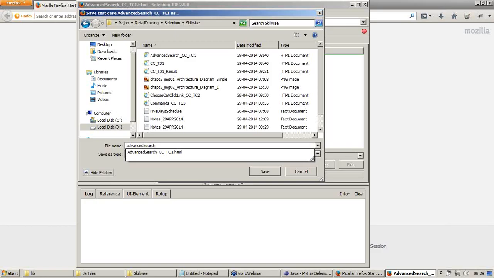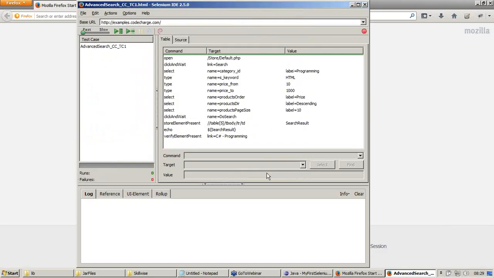Whenever I name a Java file, I always start with a small letter, and I put quotes and say .java. These are not already given from Selenium IDE, which means it is not naming this file as a Java file, so I'm doing it manually. That is why you see double quotes and a .java. Let me say save.